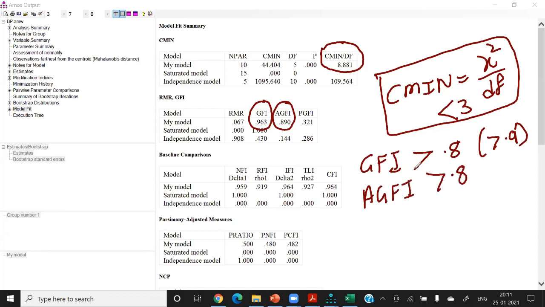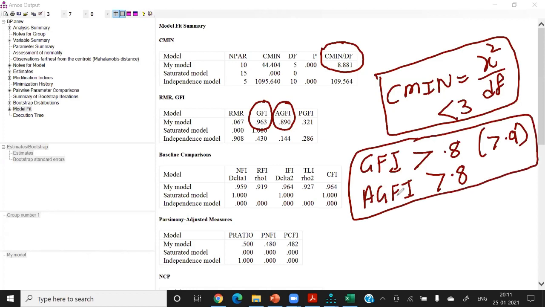GFI means goodness of fit, and AGFI is adjusted goodness of fit, meaning goodness of fit adjusted by the degrees of freedom. And then we have to check the CFI, comparative fit index. The CFI should be greater than 0.9 in any case, because in most papers and presentations, if your CFI is less than 0.9, then nobody will accept your model.